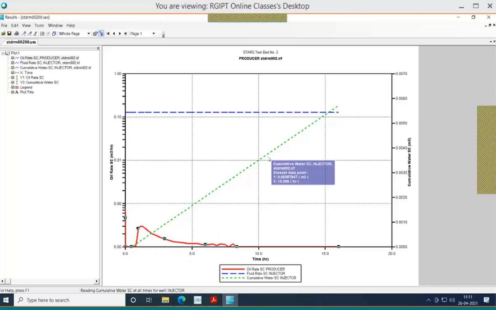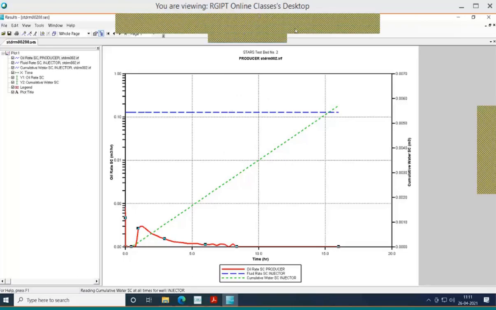As you can see, it's a cumulative one, so it is steadily increasing. Like that, we can draw different curves. Also, we can find the water cut from the producer. You can plot all these things and we can analyze all the production behavior.